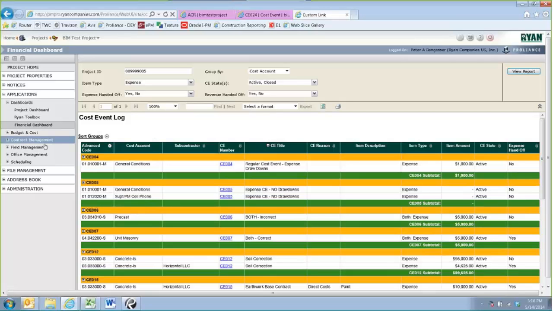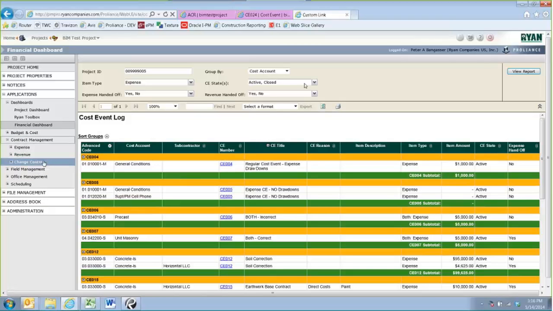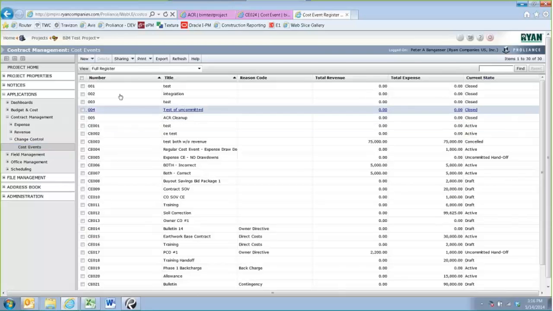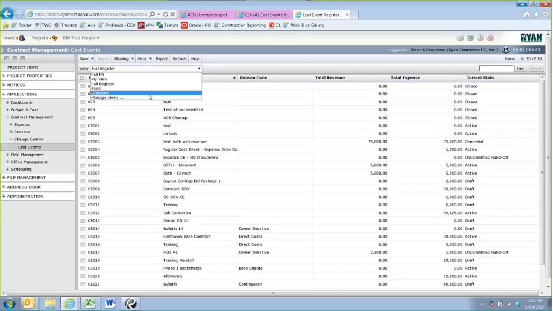The other way you can do reports on cost events if you need to, that's a little more flexible. Like I said, there's a lot of built-in templates that you can do from this, but maybe you just need something really custom for your owner. If I go back to the cost events register, you can actually export your register view into Excel for a report. What that means is if I want to create my own version of this